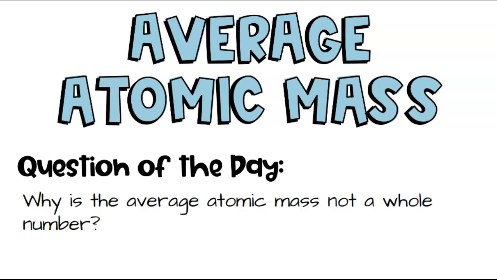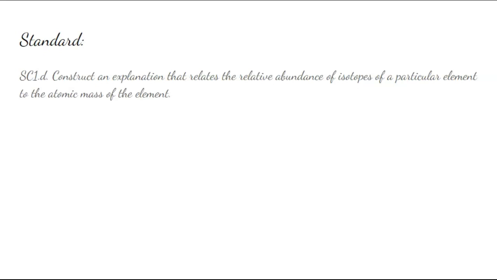Our question of the day is, why is the average atomic mass not a whole number? Our current standard is SC1D. Construct an explanation that relates the relative abundance of isotopes of a particular element to the atomic mass of the